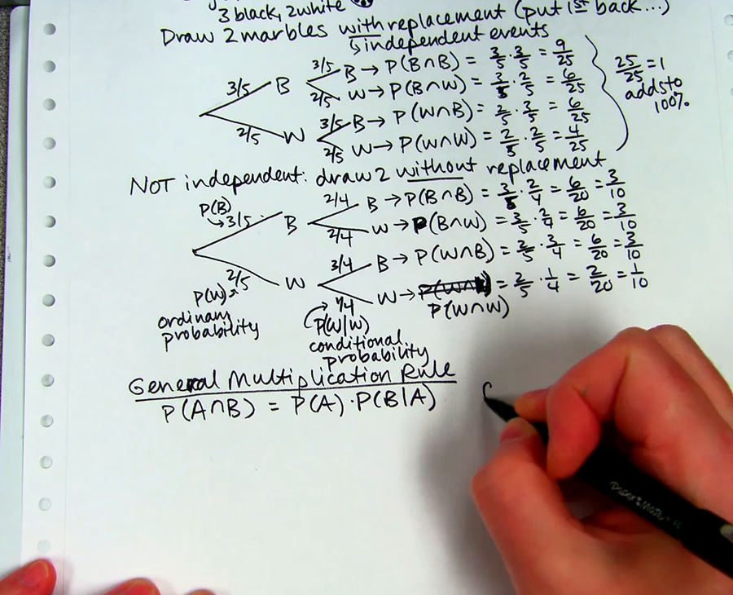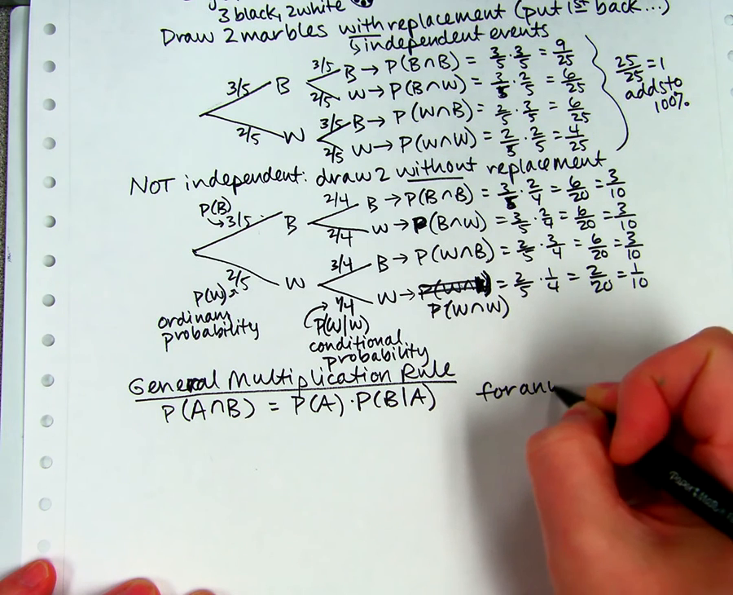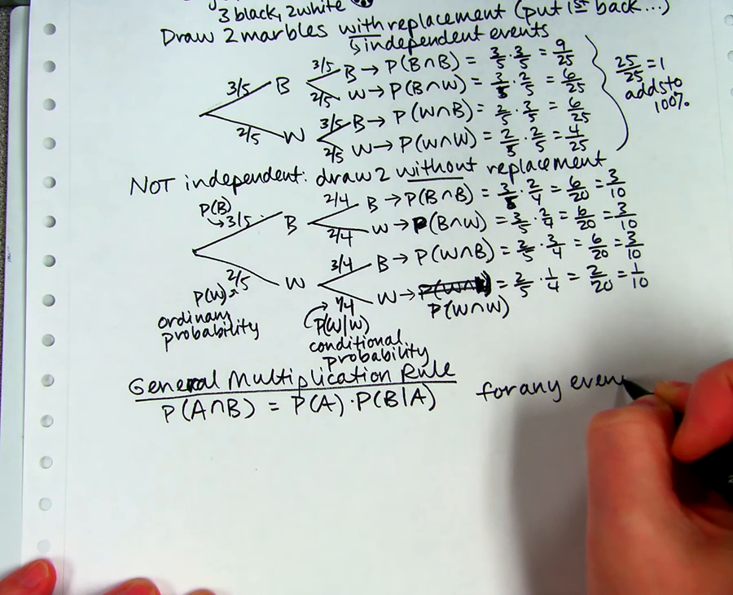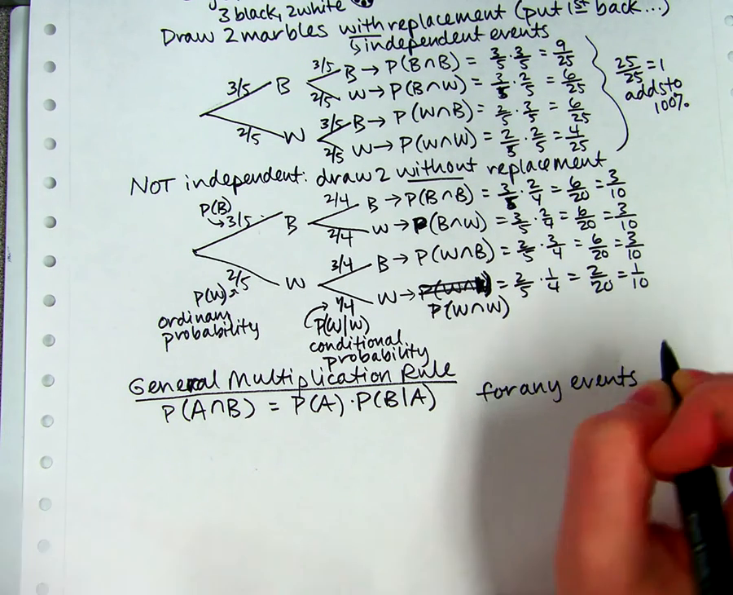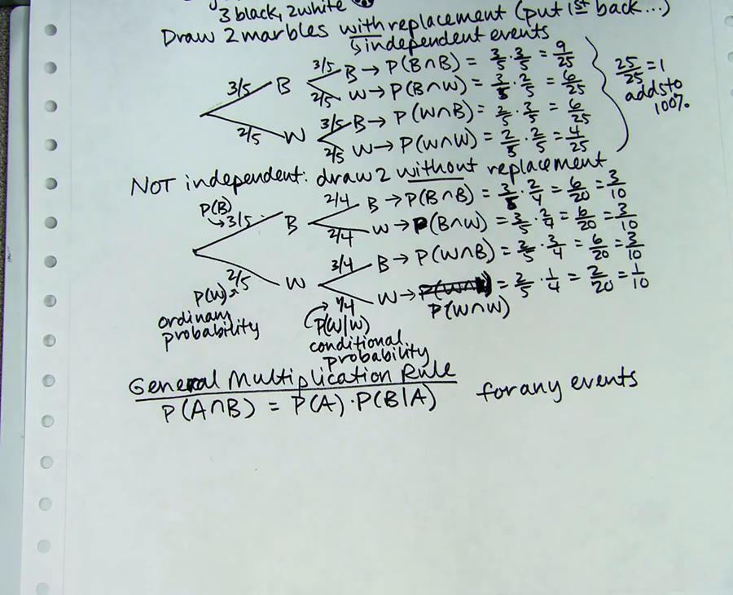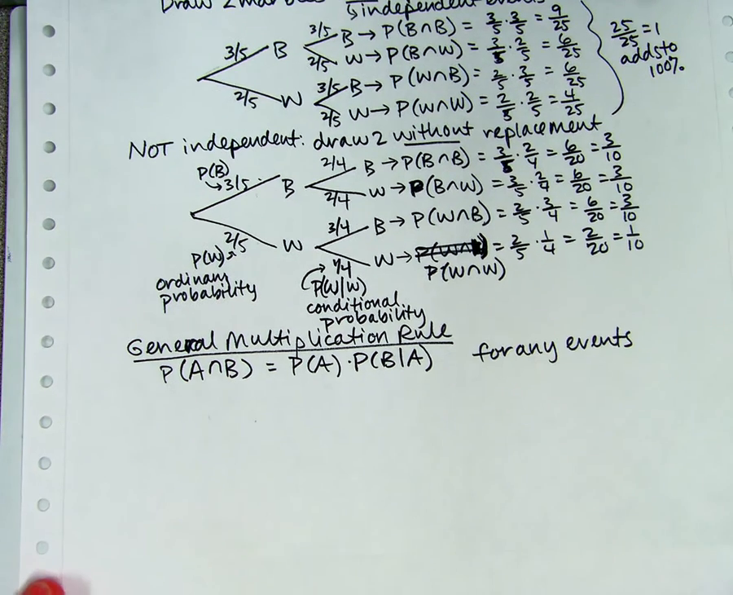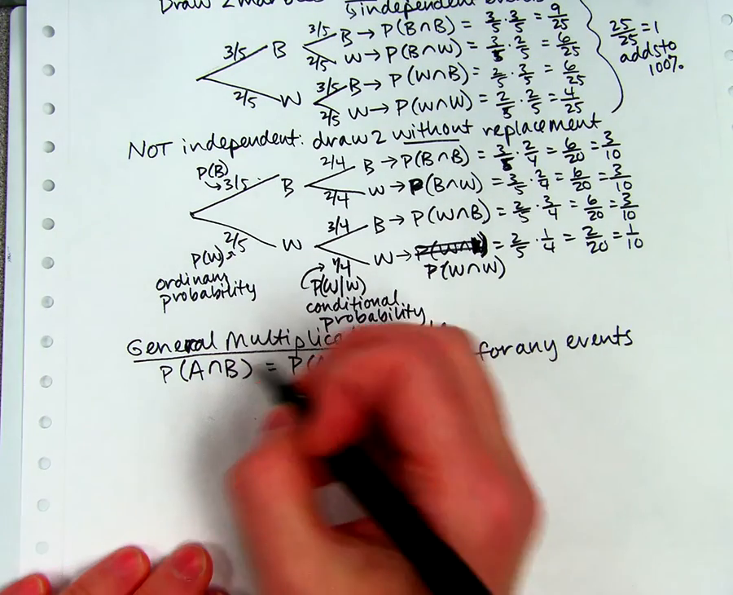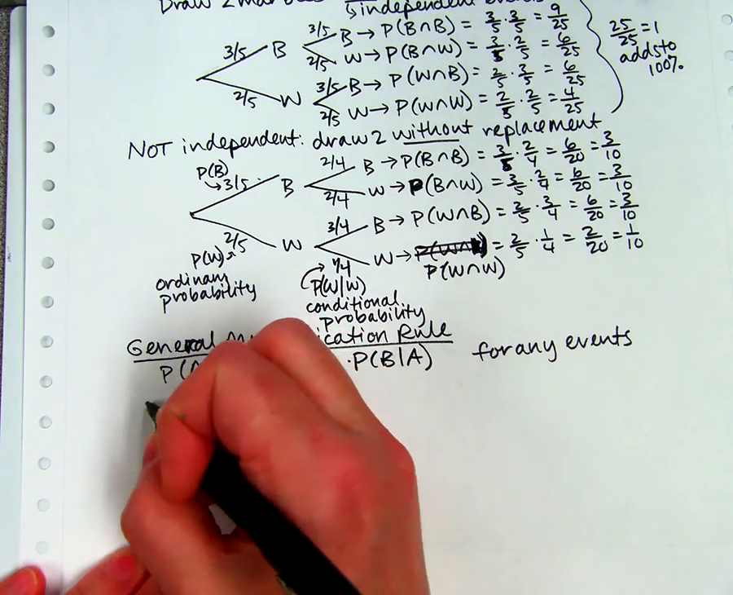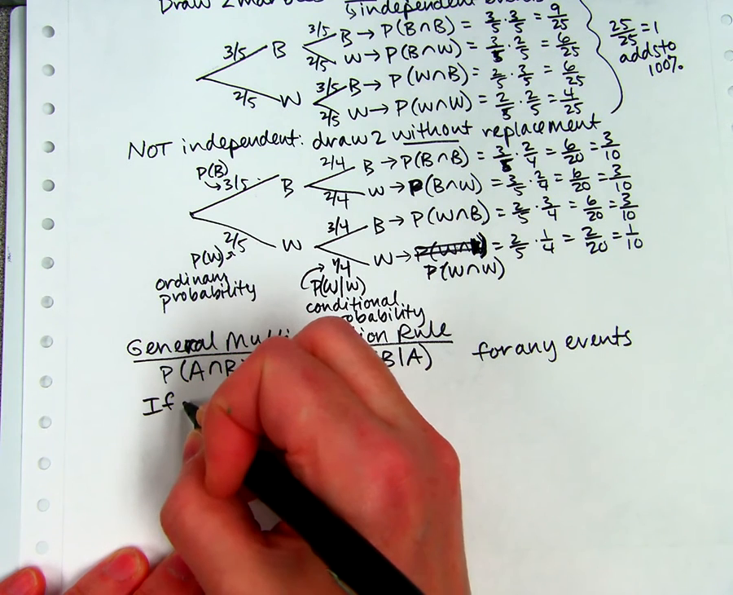This works for any two events, and that's why it's called general. General means it works for any two events. However, you also could write a special one that's for independent. If A and B happen to be independent,